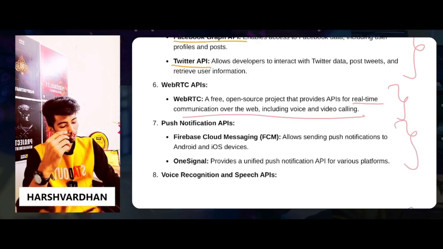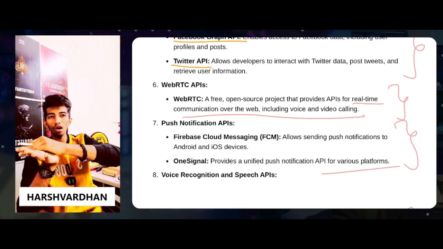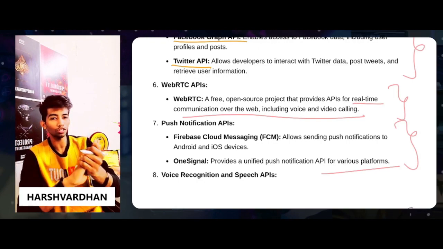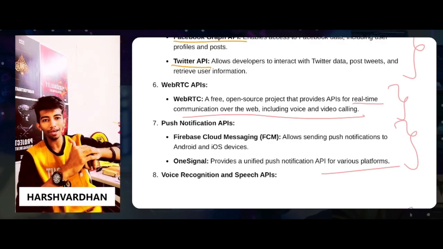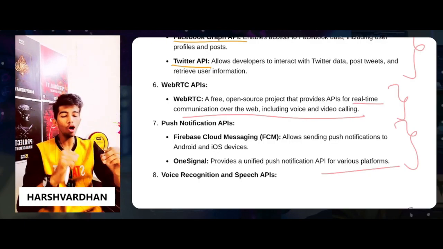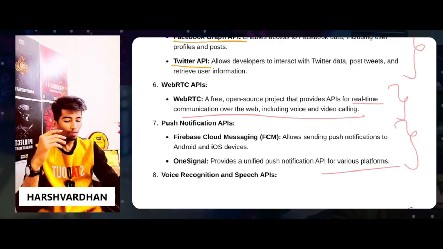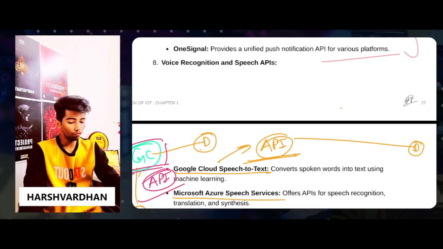Push notification APIs are there. Suppose in the app you want to send a particular notification to your customer, like a new feature is there in the app, so you just update your app. All the push notifications which you see on the notification bar on your mobile phone are done by using push notification APIs. OneSignal, Firebase Cloud Messaging. Many apps nowadays are using Firebase also. So for that, push notifications is there.